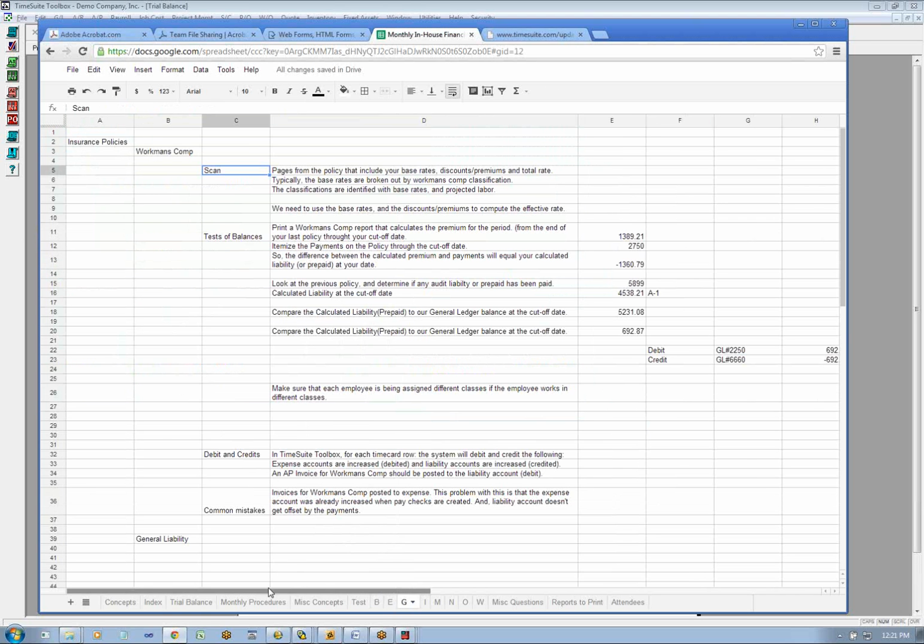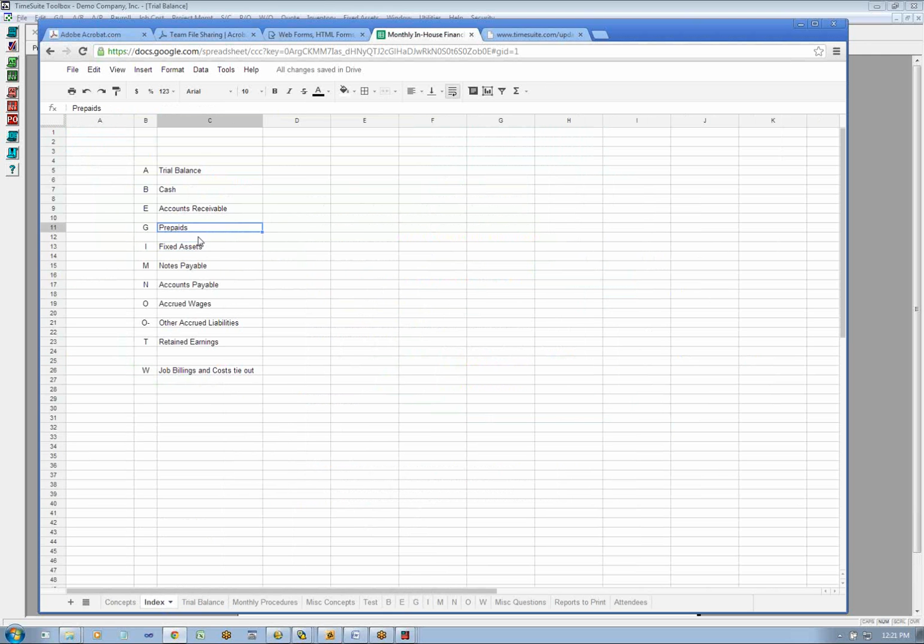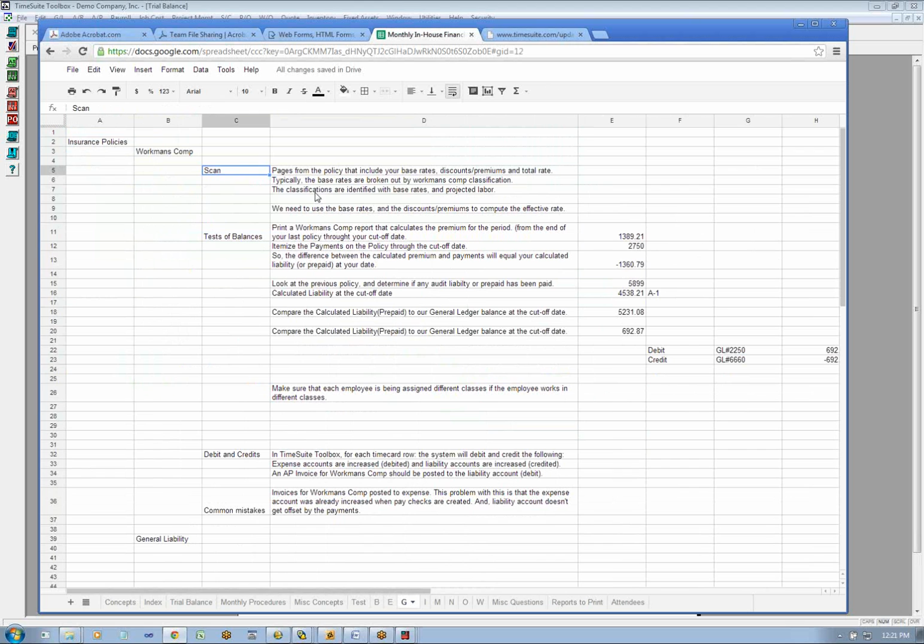So we're going to go over to the G work papers, and in our index, I'm jumping around pretty fast, but that would be prepaids, and insurance payable would be part of the prepaids. That is generally how we did it with our CPA firm and the clients we worked with, and I think some of the training that we do here does the same thing. So here, the workman's comp is what I want to show you. We're going to talk about how it works in the system, and the processes you would go through to tie out your workman's comp on a monthly basis, okay?